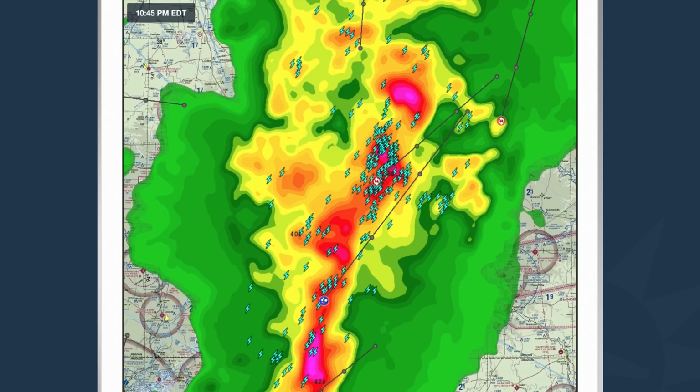Obviously, the color represents the reflectivity that was returned, but you can also see lightning strikes, storm tracks, echo tops, and Doppler rotation and hail signatures. The black lines moving across the screen are called storm tracks. These represent where a cell is now and where it is forecast to be at a future time period. The furthermost left dot along that storm track represents where the cell is right now. One dot to the right, where it's forecast to be in 20 minutes, another dot, 40 minutes, another dot, 60